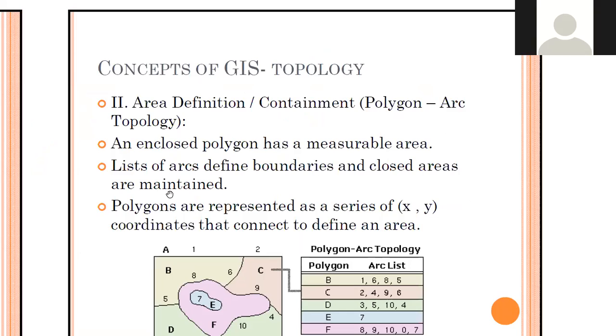All right, the last rule under area definition and containment is that